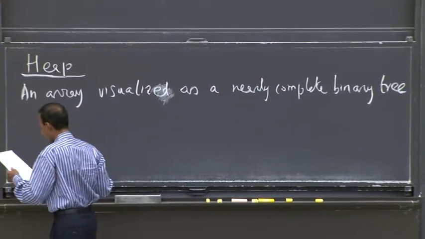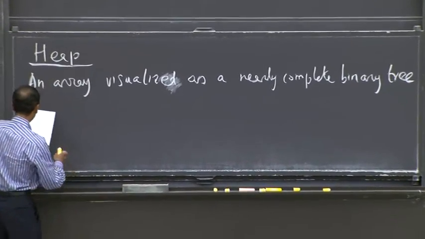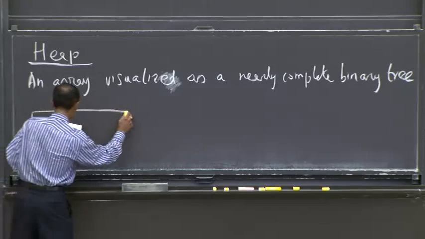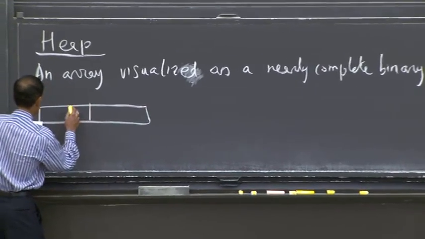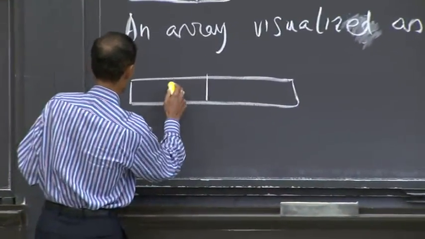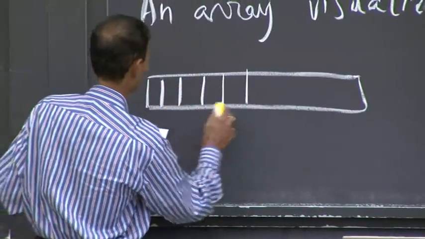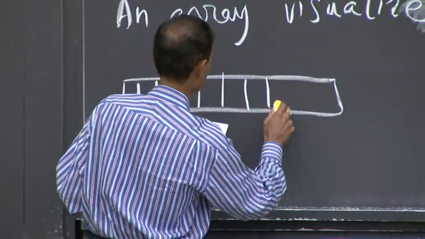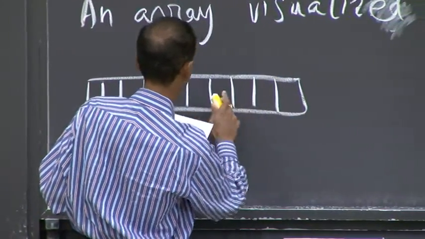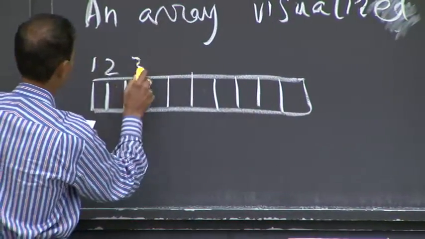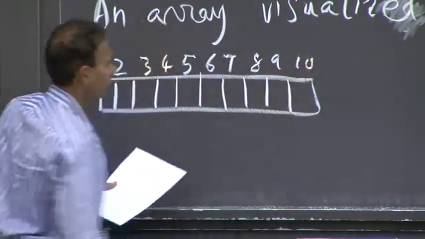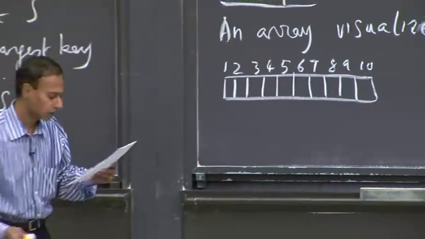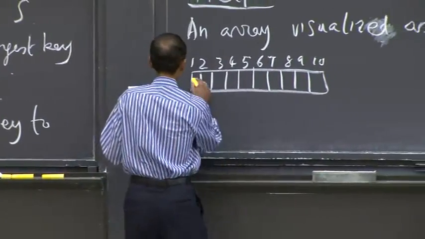And so what does that mean exactly? Well, the best way to understand that is by looking at an example. We've got 10 here, so 1, 2, ... 1, 2, 3, 4, 5, 6, 7, 8, 9, 10. So here's my array of 10 elements, and the elements are